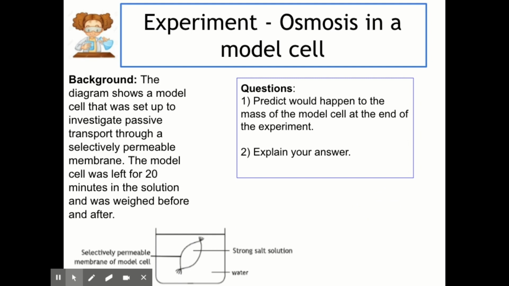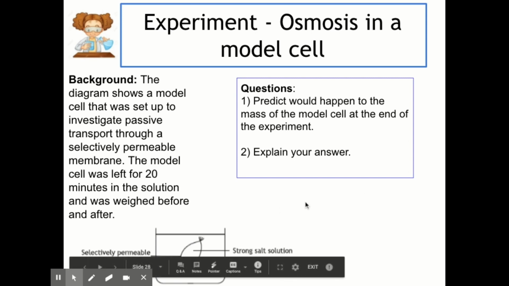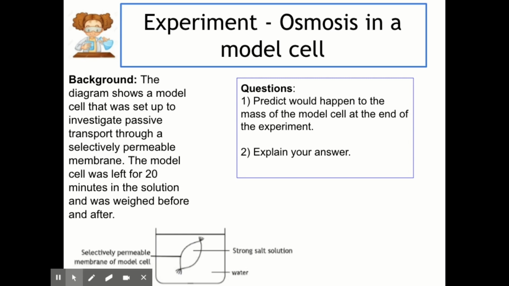Now here we have a bit of background and we have a diagram at the bottom to help. The diagram shows a model cell that was set up to investigate passive transport through a selectively permeable membrane. So this is just using Visking tubing like we talked about last time. The model cell was left for 20 minutes in the solution and was weighed before and after. So what you can see is outside the selectively permeable membrane, there is water, and on the inside, there is